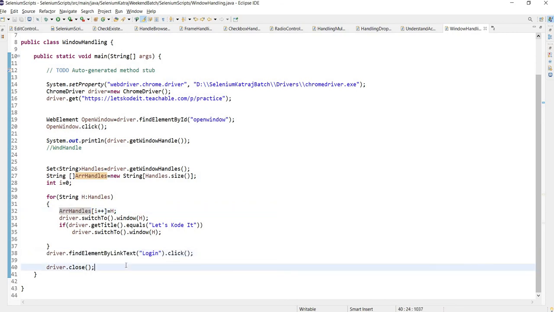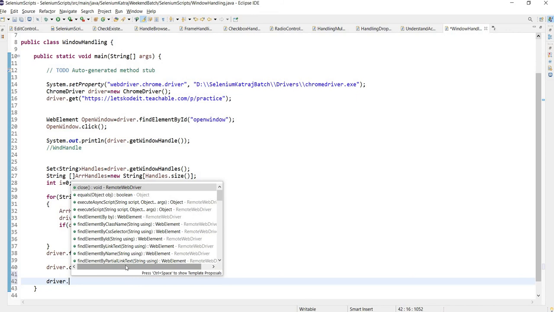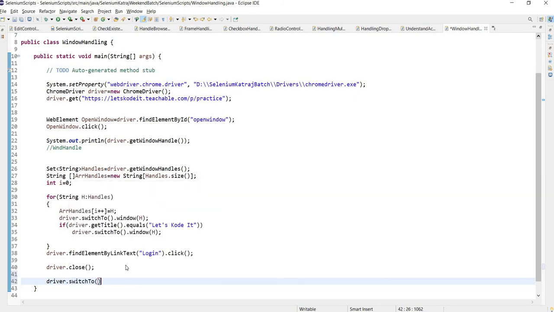So it will close the window. Now I want the driver to switch to the original window. So driver.switchTo().window, and now I want my driver to switch to the original window, that is the first window, the handle of which is stored at the 0th index.